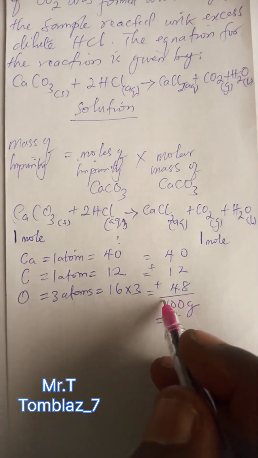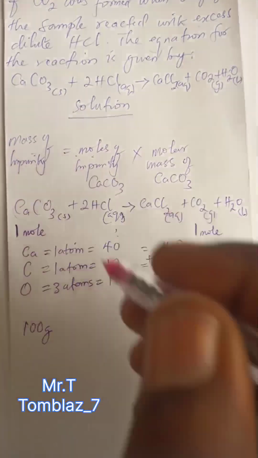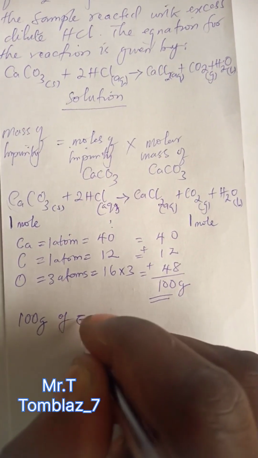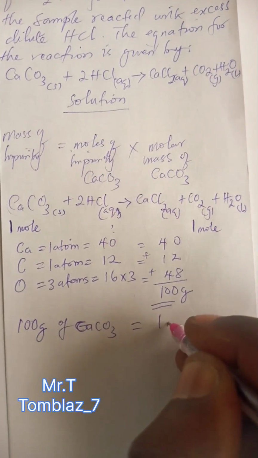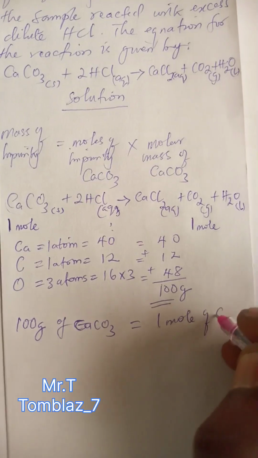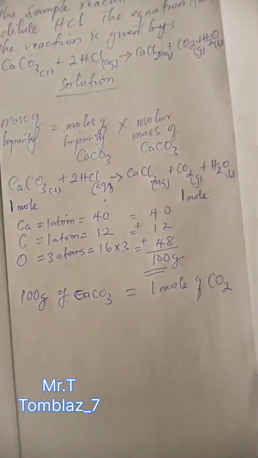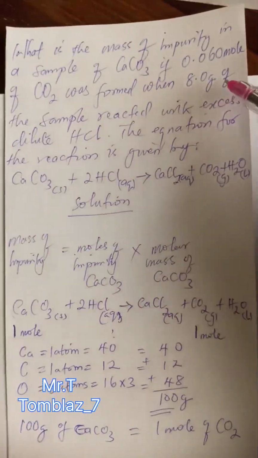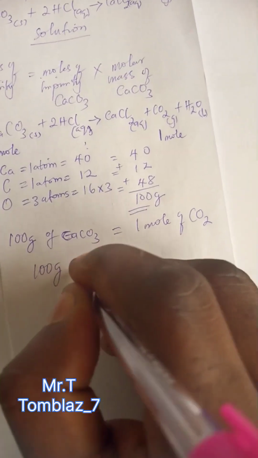So it also means that 100 grams of calcium carbonate produced 1 mole of carbon IV oxide, right? Now looking at the question, they say this was formed using 8.0 grams of the sample. So if 100 grams produces 1 mole,